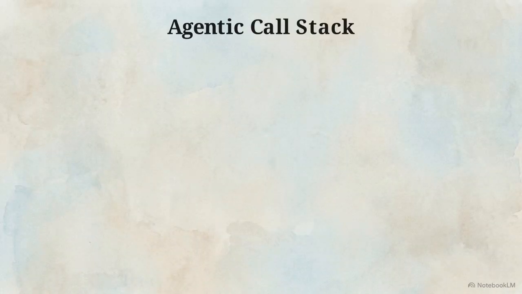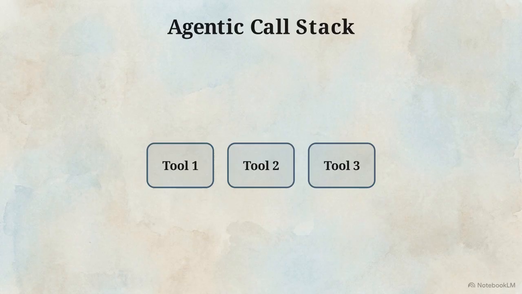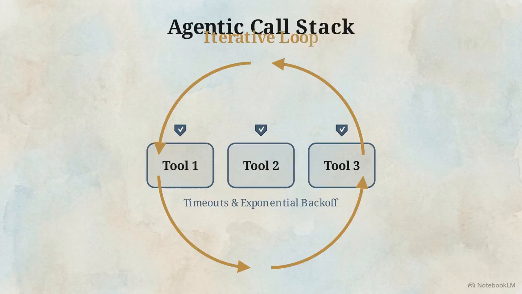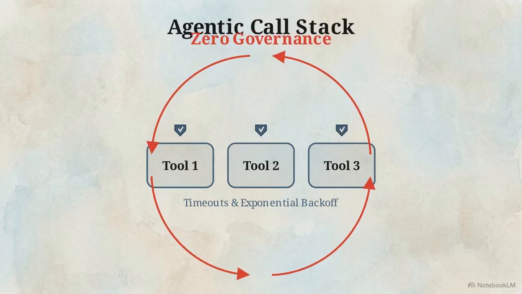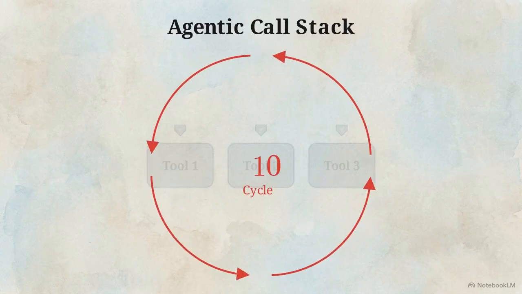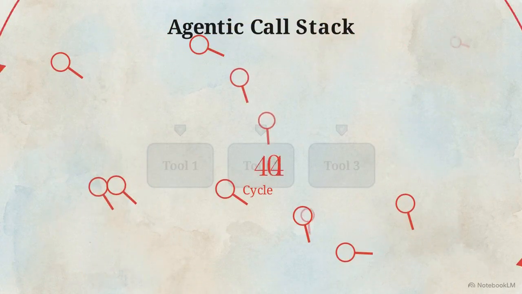Look at this diagram of the Agentic call stack. At the bottom layer, we have the individual tool calls. They are highly secure, protected by timeouts and exponential backoffs. But wrapped around them is the top layer, the iterative loop. Industry-standard retry logic perfectly defends that bottom layer, but those exact same frameworks provide zero structural governance for the loop sitting directly above it. Large language models are explicitly optimized to be helpful. Without a defined ceiling, the model will continuously observe its environment, fail to find the answer, and reason that it simply needs to keep searching.